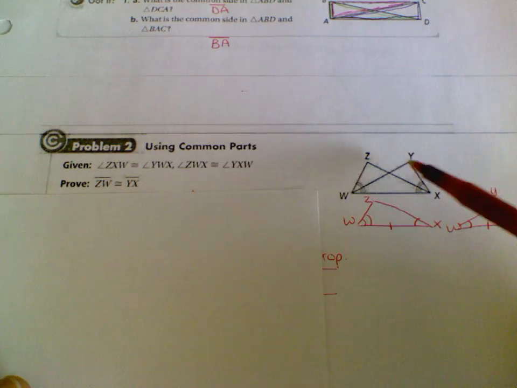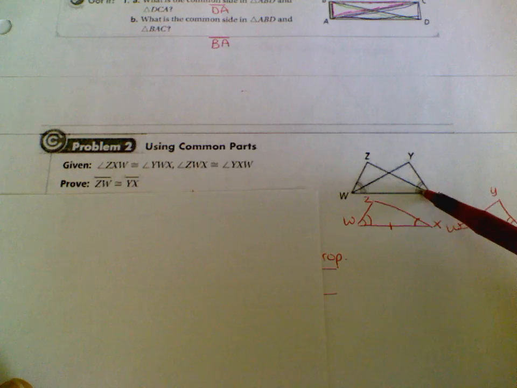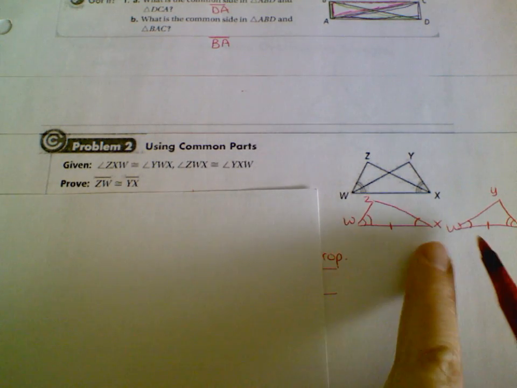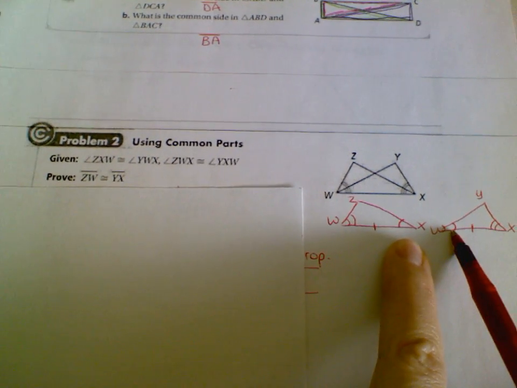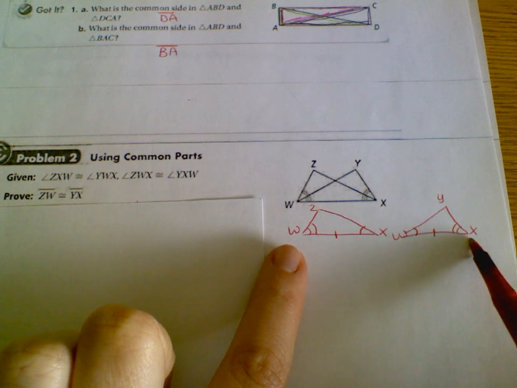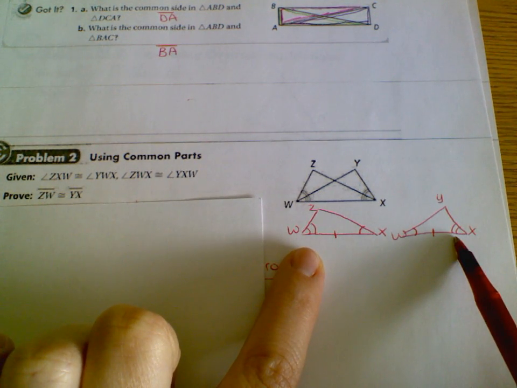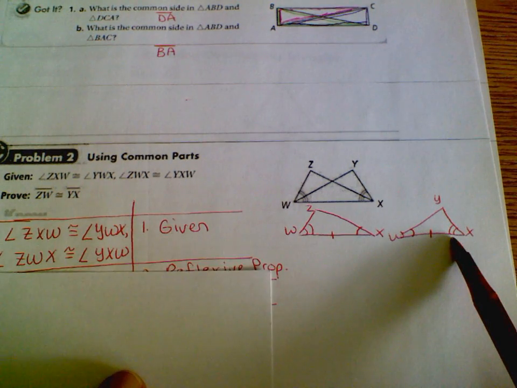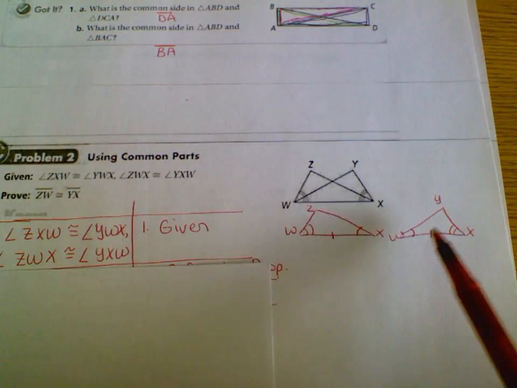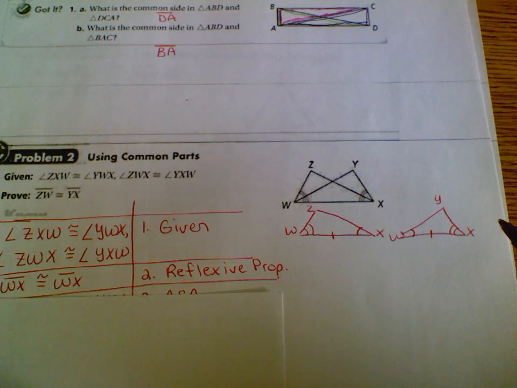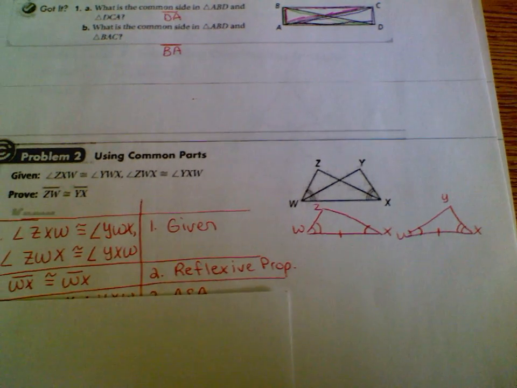ZXW congruent to YWX, so I separated them out so you can see it, and then I went ahead and put in one tick or one arc on both of them. And then I have ZWX and YXW congruent, so I marked it with two arcs. So then the next thing is, in my proof, after writing down my given, there's always a side or an angle that an overlapping triangle should have in common. Well, they both have WX in common, so my next step was putting WX is congruent to WX, and again